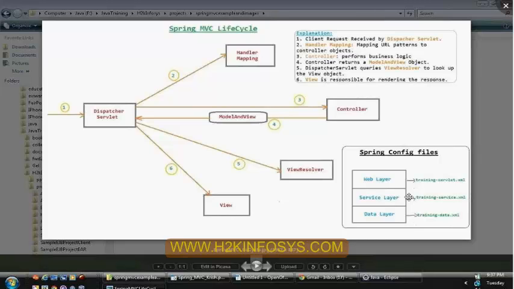But remember, whenever your dispatcher servlet is loading on the startup, it will only load one XML file, which is training servlet.xml file. To load remaining two XML files, you need to specify one parameter called